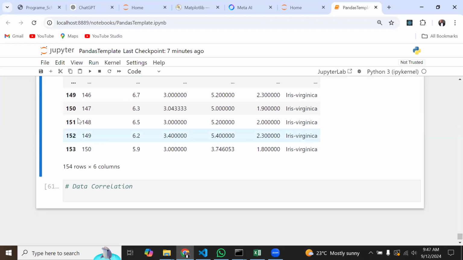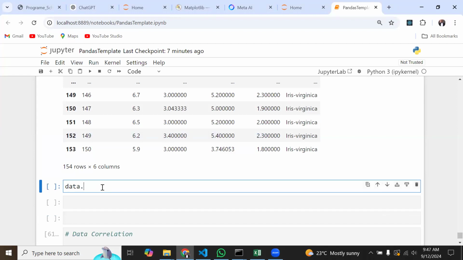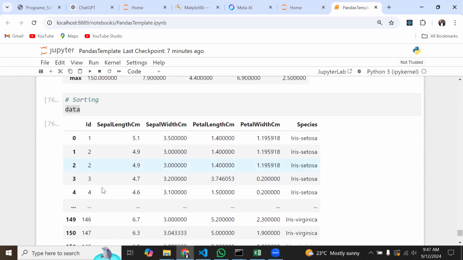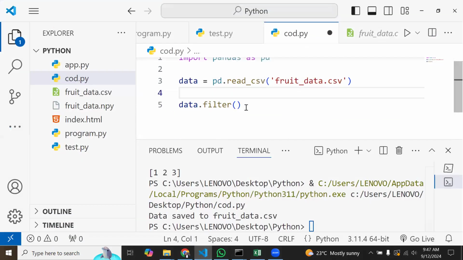So now I can do data dot sort this way. Now, when I do data dot sort, I need to specify by which whatever I want to sort with. So now let me get a little bit of help over here. So when I do data dot sort over here and hover my mouse around sort,